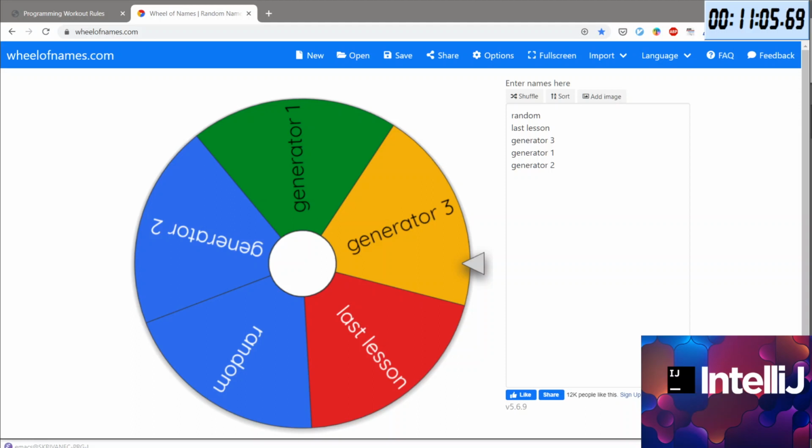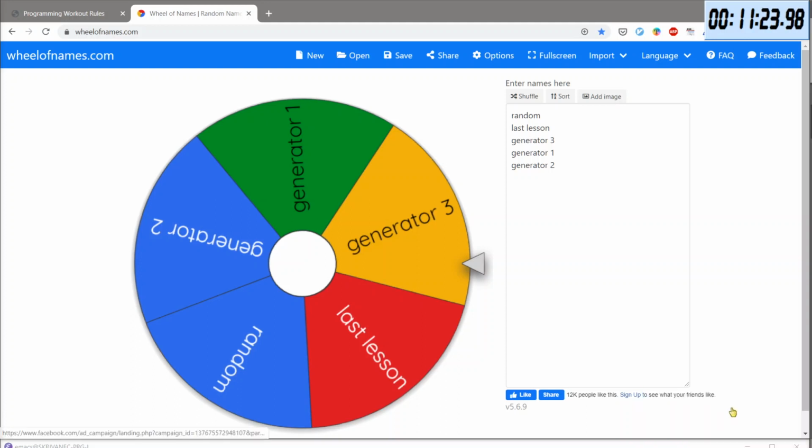Huh? I think this just shows how long I did not run it, because it takes forever to start up. Come on, come on, come on.